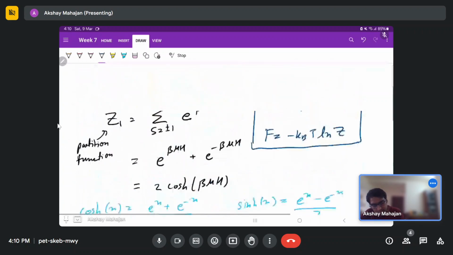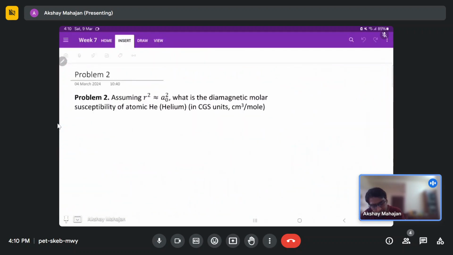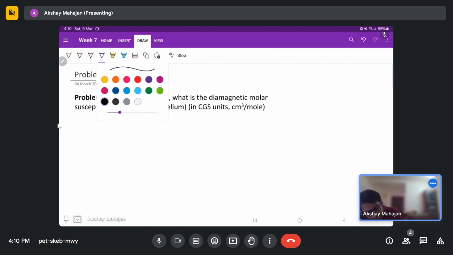Alright, so let's move on to the next problem, problem number 2. Assuming r squared is approximately equal to a_0 squared, where a_0 is the Bohr radius, what is the diamagnetic molar susceptibility of atomic helium in CGS units, centimeter cube per mole? Alright, so to find this, we know that the